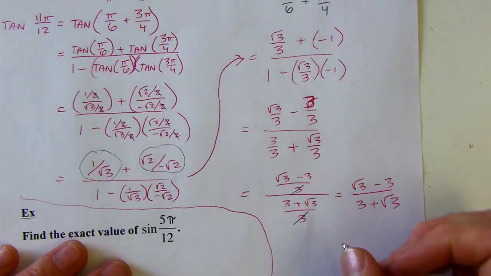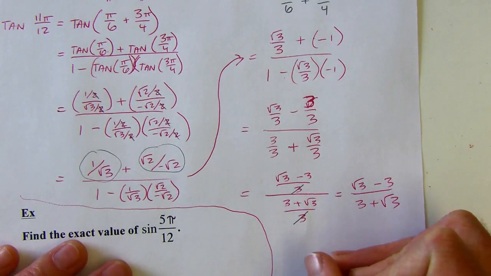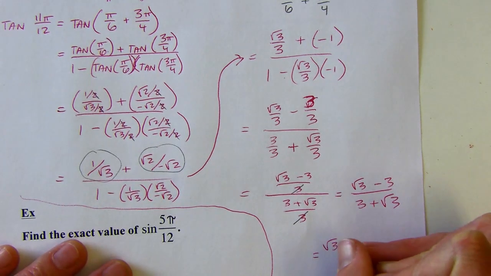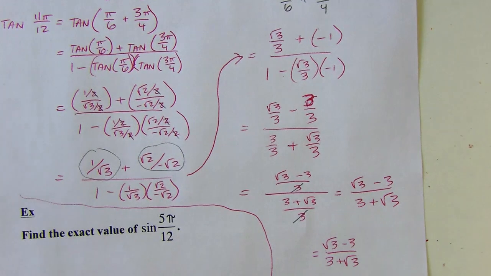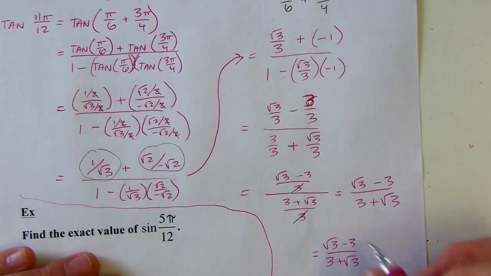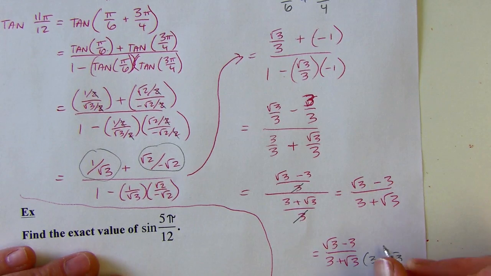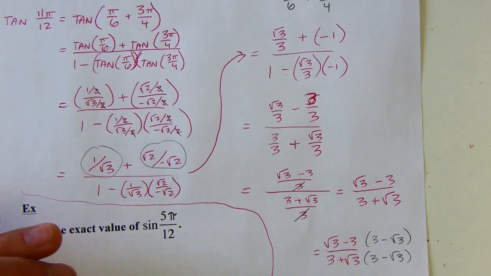Okay, so what I'm going to do next, then, is multiply by the conjugate of the denominator. This is something we did quite a while ago. But this is how I can get rid of the radical down there. I'm going to multiply by 3 minus root 3. And I have to do the same thing on the top then as well. Okay. All right. So